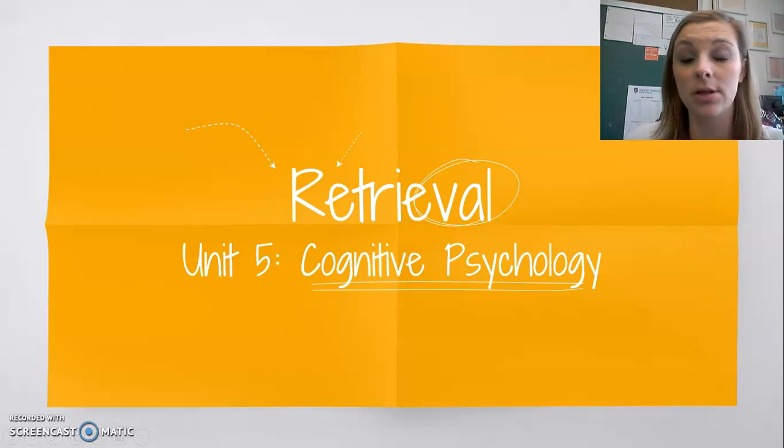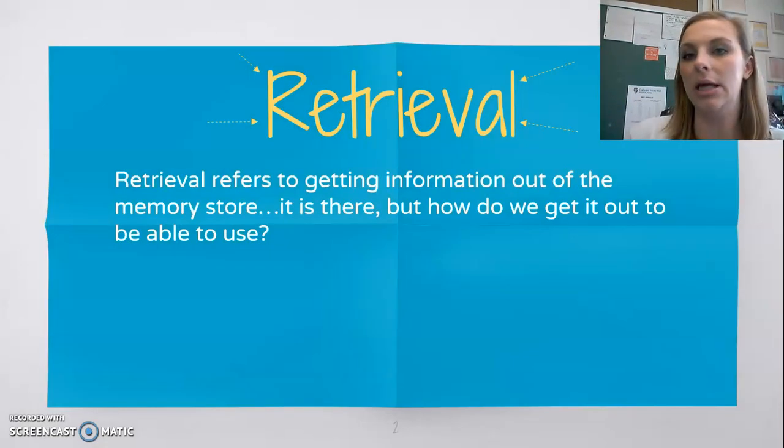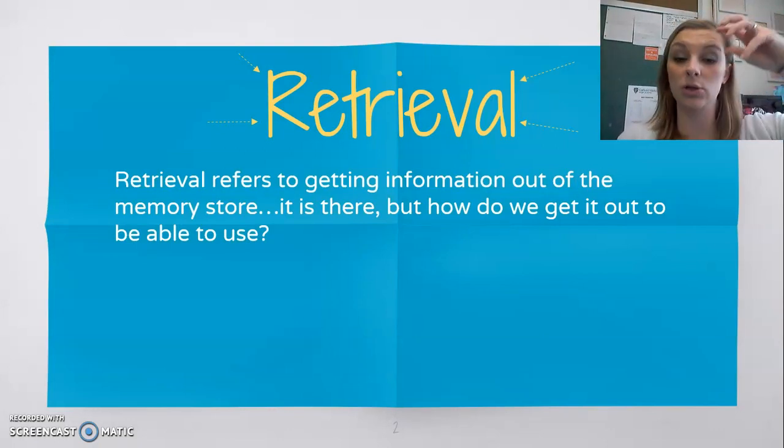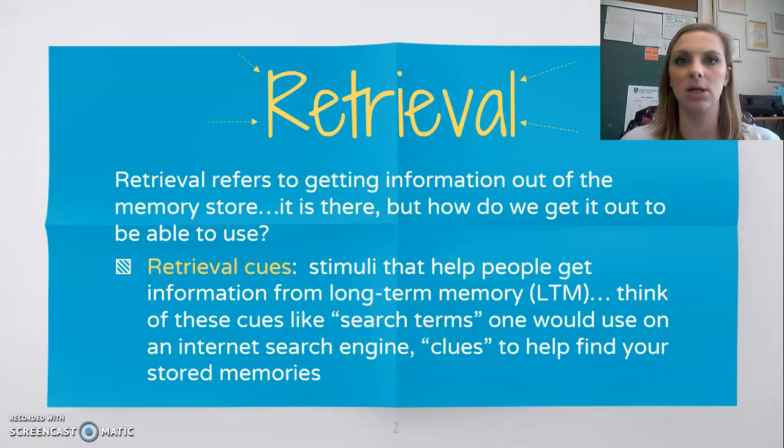Now to the final step in the process of memory, which is retrieval. Getting that information back out, right? Getting it so that we can remember it and get it to our conscious thoughts. And so we're going to talk about how we get it out. We use retrieval cues. Retrieval cues I want you to think of as like you were typing something into Google,